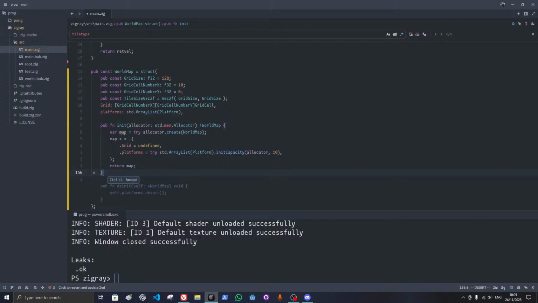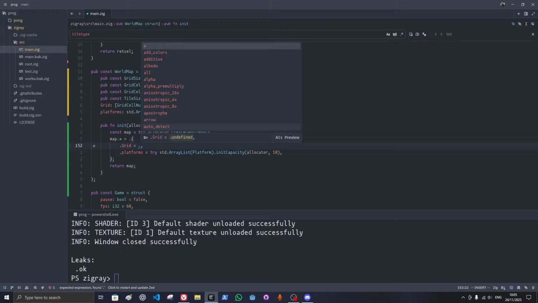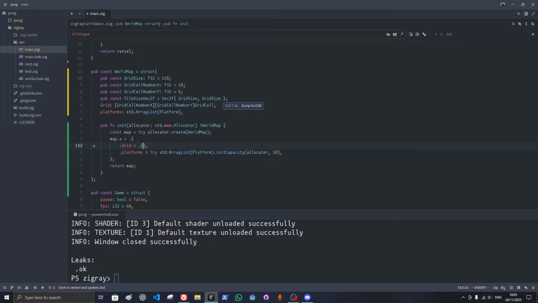Return map. This should be const. There's some allocator. I do think, okay, there is no grid here. Oh no, there is grid. And so grid is, I think it was like this. We initialize it by